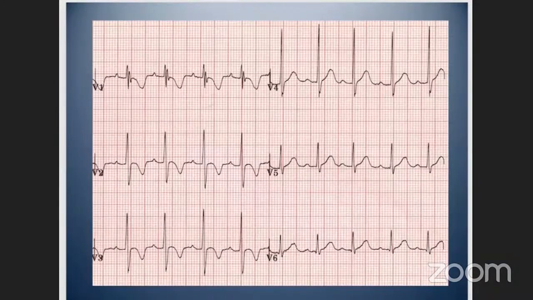So does anyone want to hazard a guess at this ECG? So this is the precordial leads, V1, 2, 3, 4, 5, and 6 of an individual. And here we can see that there is a P wave preceding every QRS complex. It does seem that that PR interval could be slightly widened. And we do have our RSR pattern. And then what we notice is that there seems to be a bit of ST segment depression in V1 and flipped T waves in V2 and V3. And so is there anything that you would like to know further on this case or about this patient? Or does anyone have an idea what these flipped waves could be?